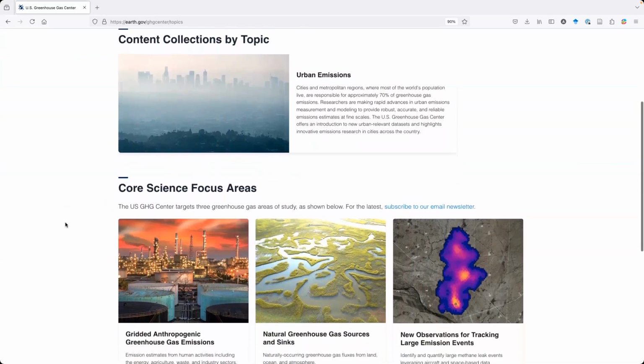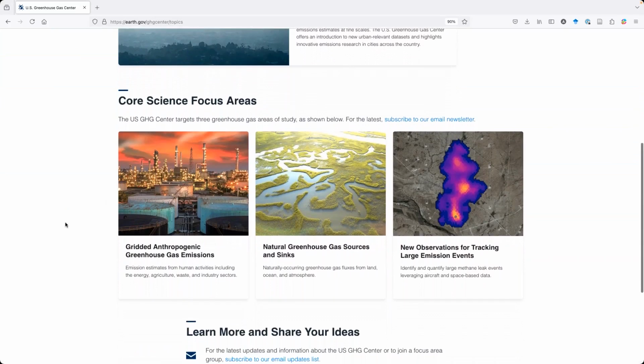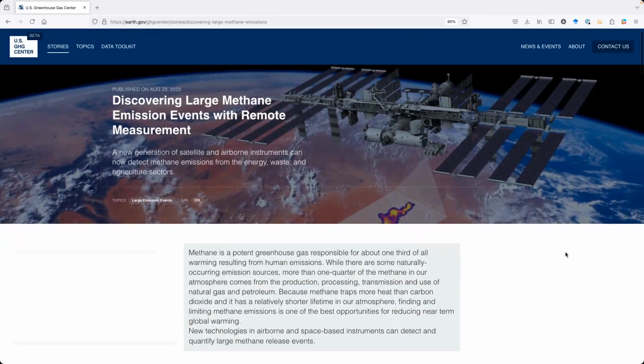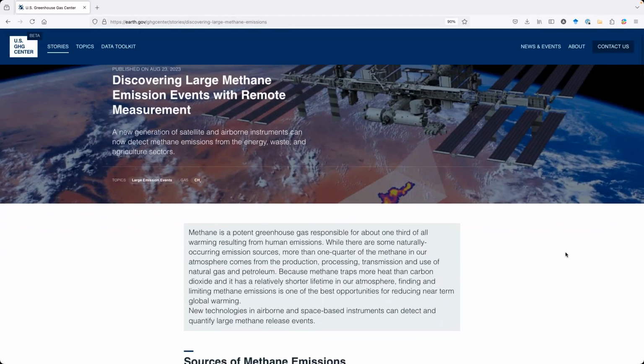And there are 3 core science focus areas that are shown here. We've got gridded anthropogenic greenhouse gas emissions at a global scale. Also on a global scale are natural greenhouse gas sources and sinks. And the most relevant to this training, the new observations for tracking large emission events. And we'll click on that, and you can go to this site that gives a nice overview of the EMIT methane observations and some of the history,